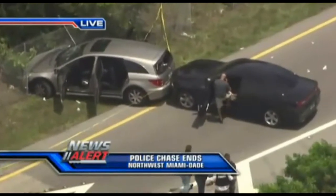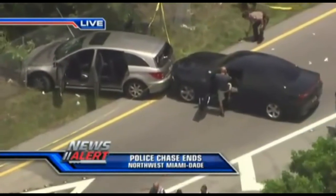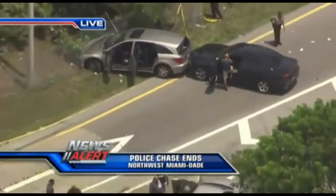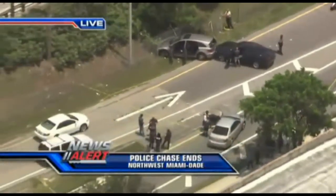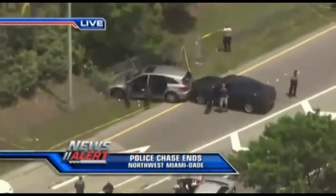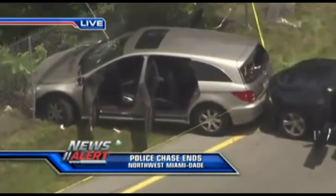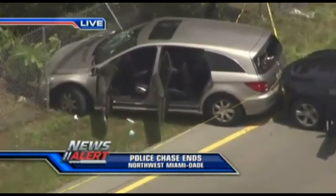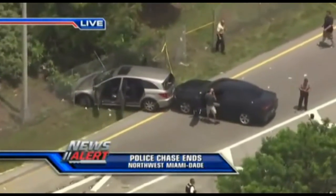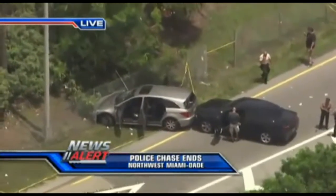And Christine, we've seen these before, and it is a miracle that in this case no one was seriously injured, or at least we've gotten no reports of anyone seriously injured, other than it appears the driver, who after he hopped the fence was unable to get up, right, Ralph? Yes, apparently when he went over the fence, he may have injured himself, or actually when he crashed into the fence there, he may have done some damage to his ankles. And when the vehicle came to a stop, unknown at this time the extent of his injuries, but obviously he's done. He's in custody, and what we have now is the investigation portion of this, and